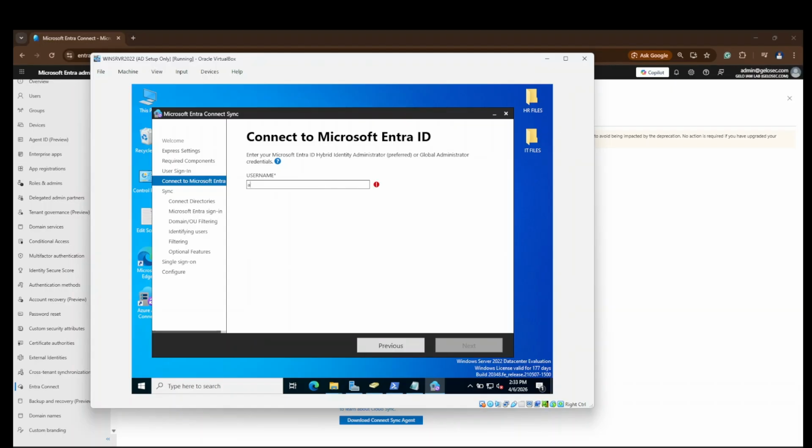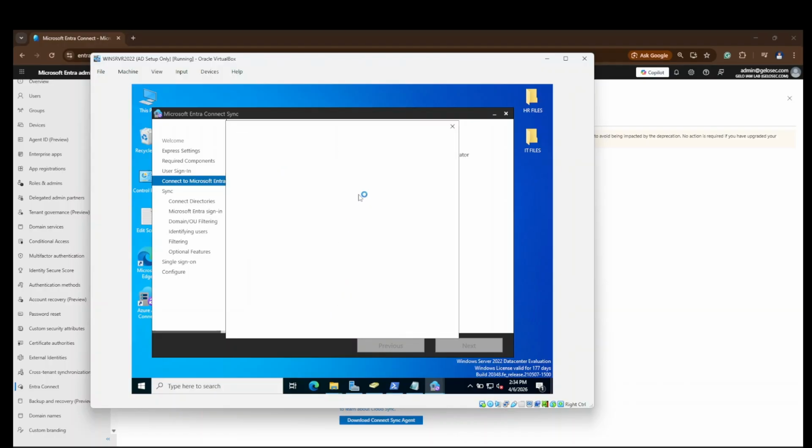Okay, let's just enter admin@jellosec.com, and let's click next. They're verifying the credentials, and now let's sign in using our credentials.